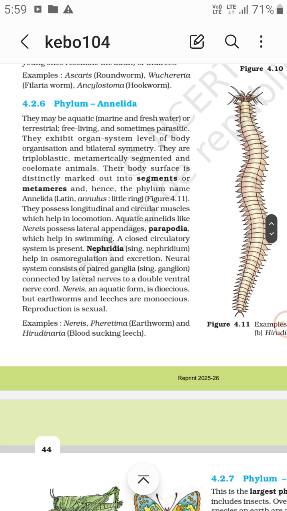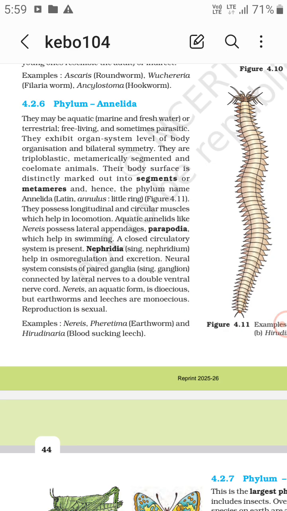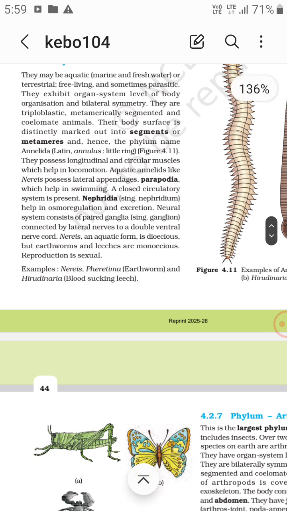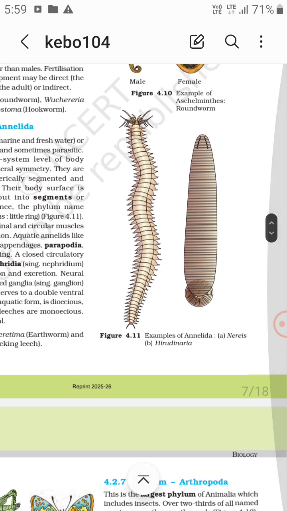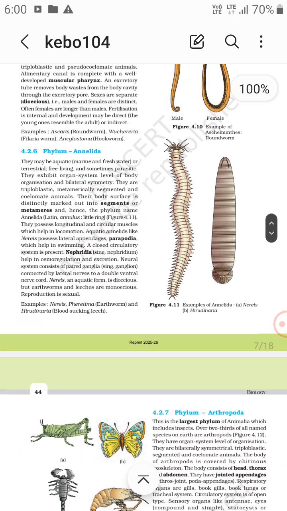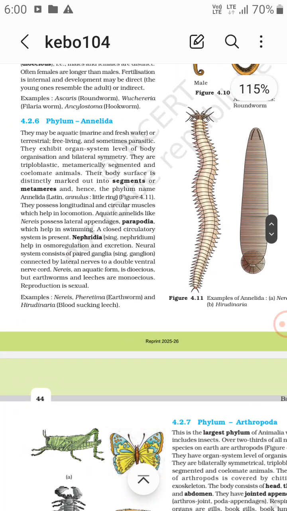Nephridia help in osmoregulation and excretion. Now the neural system consists of paired ganglia connected by lateral nerves to a double ventral nerve cord. Now Nereis, an aquatic form, is dioecious, but earthworms and leeches are monoecious, and reproduction is sexual. So Nereis, Pheretima, that is earthworm, and Hirudinaria, that is blood sucking leech. In the second diagram, the first one is the Nereis, that is dioecious, an aquatic form, and earthworm and leeches